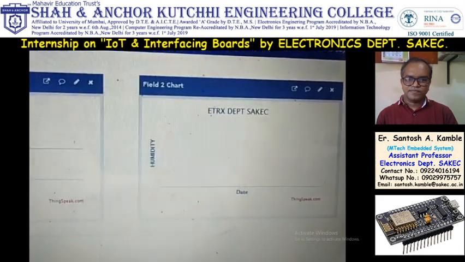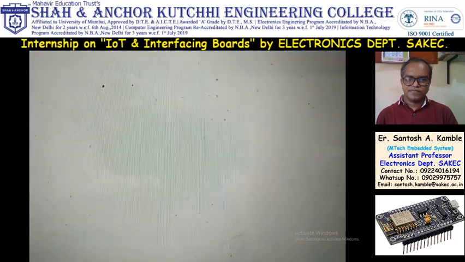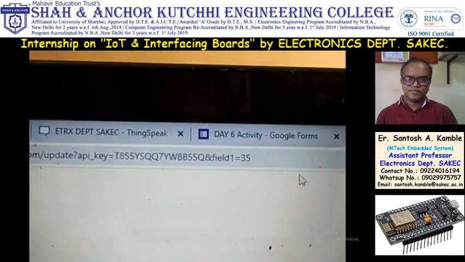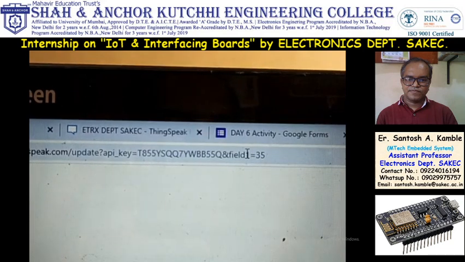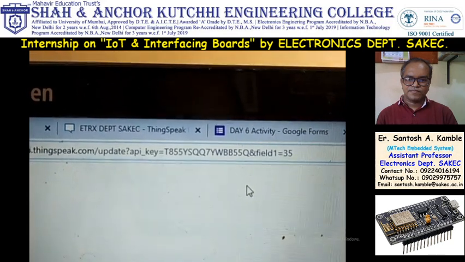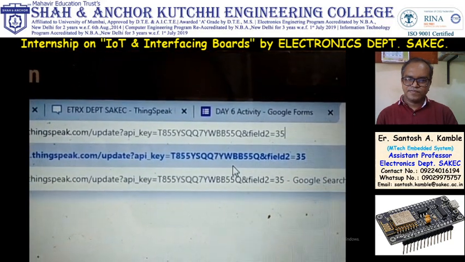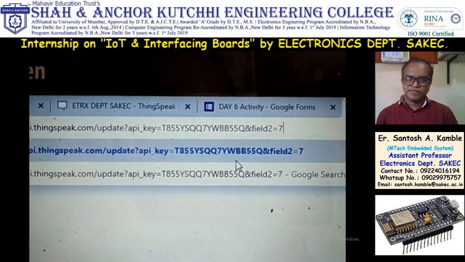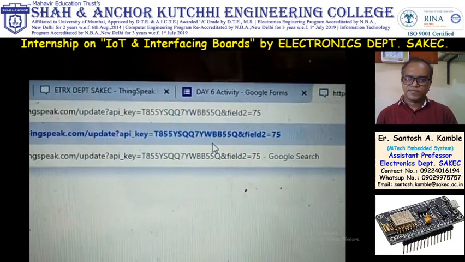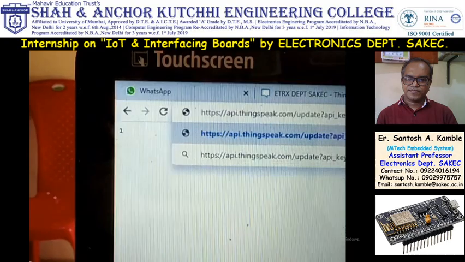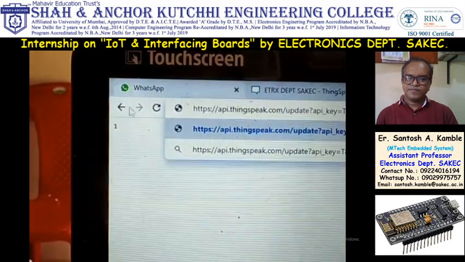Now I will enter manual data in humidity. For that, the same code is there, I will just change it. In place of field 1, I will write field 2 and write the humidity value 75, and press enter. When I press enter, this 1 becomes 2.